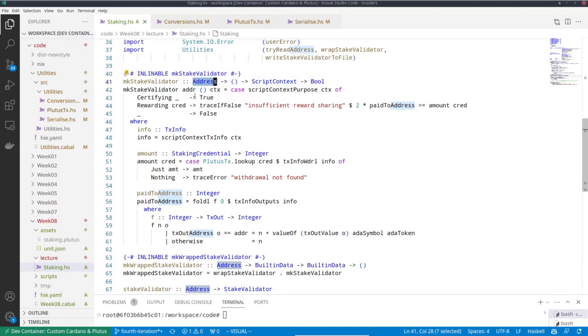So what do I do? I first look at the purpose. And as we have seen, that could be certifying if it involves a certificate, delegation for example, or rewarding. And this example is only about withdrawal of rewards. So if it's about certificates, I just say it's okay. So you can do whatever you like with this staking credential given by this script. If, however, it's rewarding,